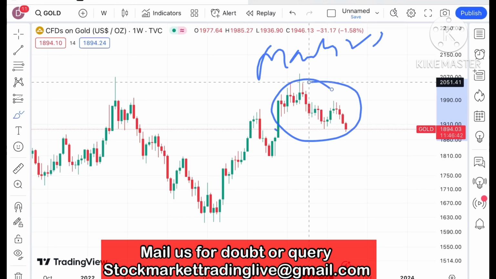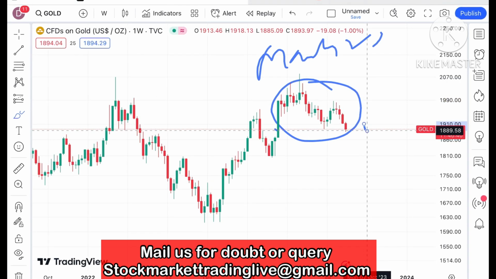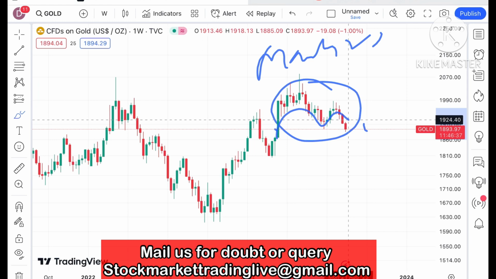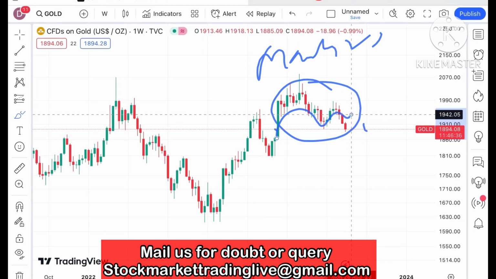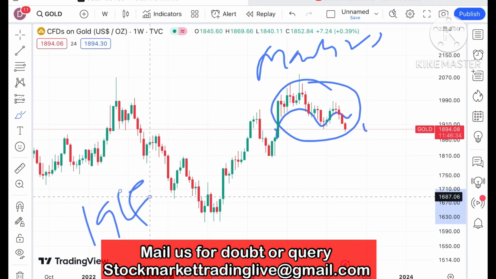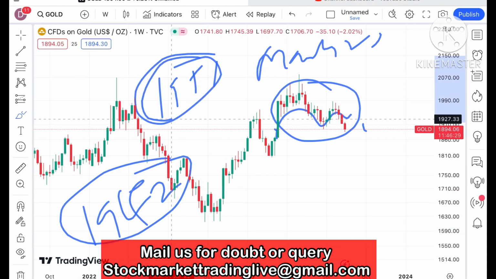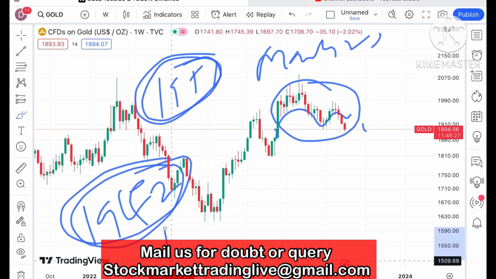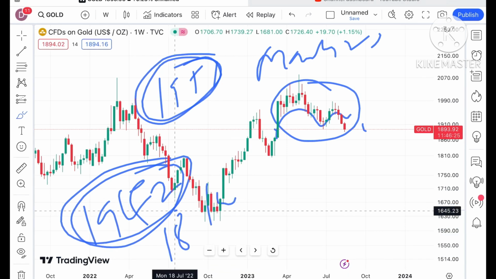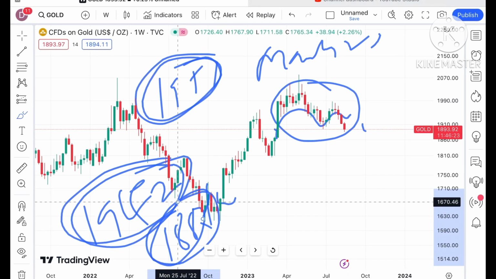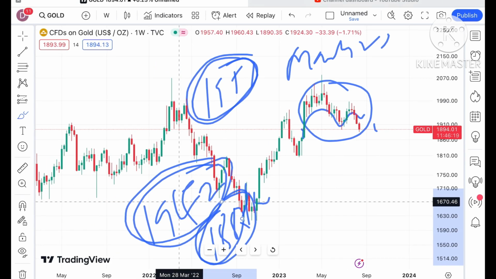Chances are high it can go further low, and I've already explained that there is a pattern forming, and when it started moving below a level of 1942 and 1951, I had already told you that it will go below a level of 1900 and a probability of touching 1885 is there. You can go and check my video where I've categorically told you that chances are very high.